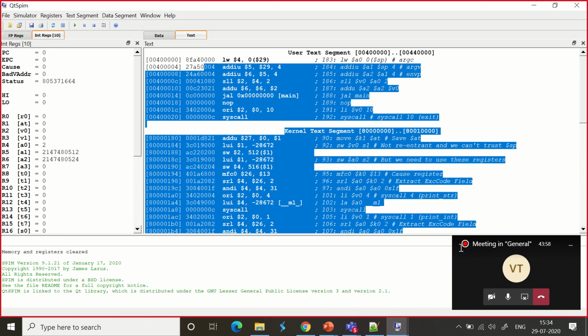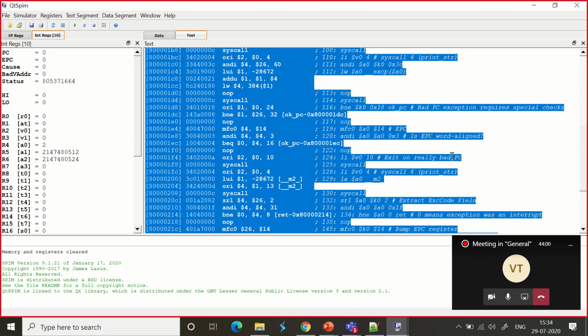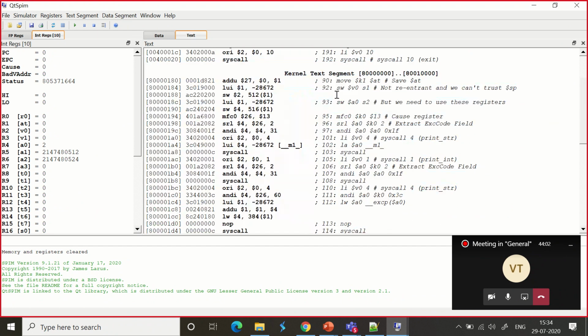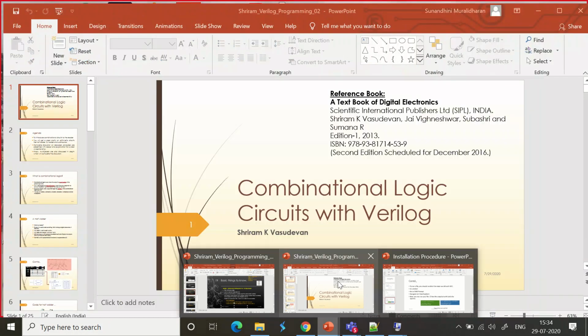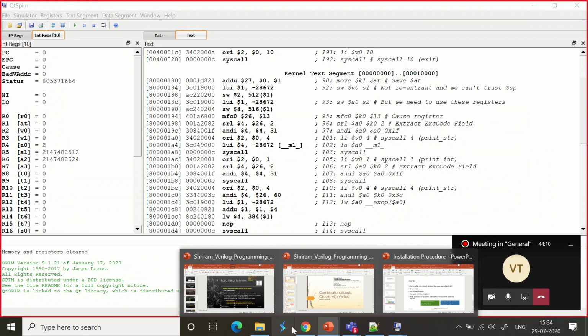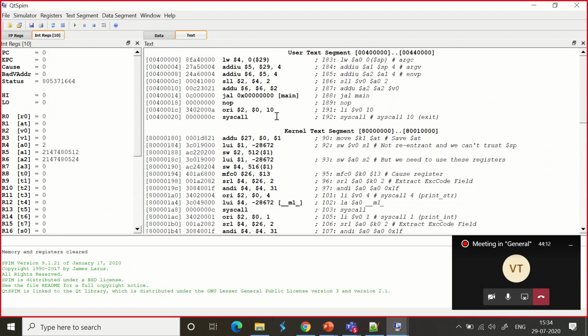And sir, what is this, sir? I do not know what it is. Don't worry about it. All these are generated by the simulator. These are 100% generated by the simulator, and you need not worry much about it. It is out and out simulator generated code, and you can start going through it once you get a lot of familiarity with this tool and the simulator, and understand the way it is working. But for now, don't worry about it.